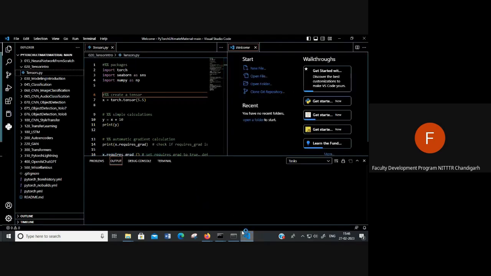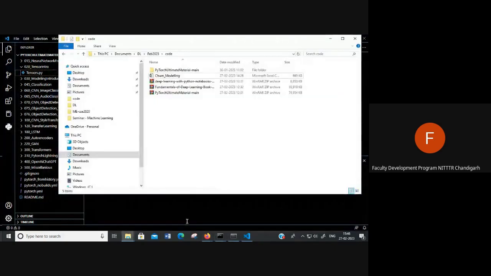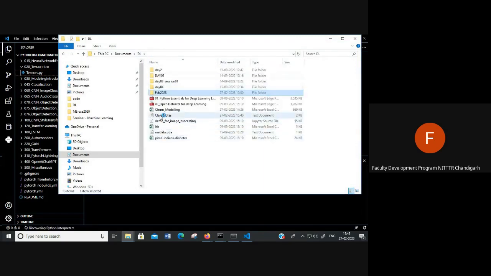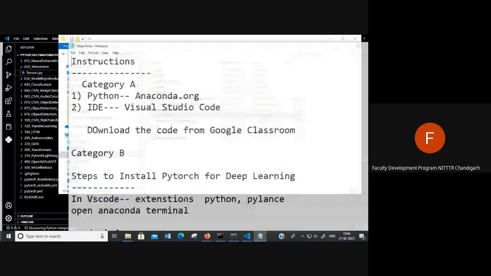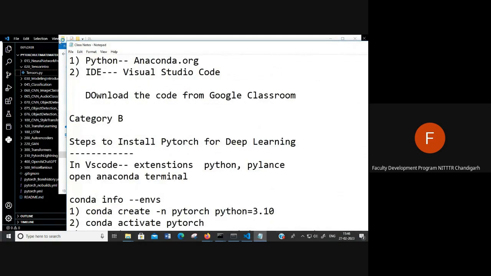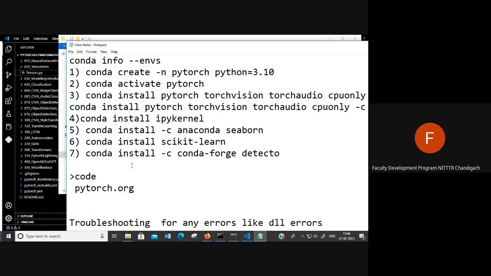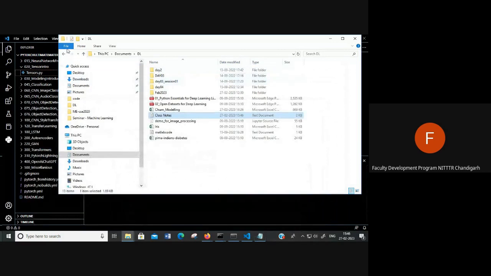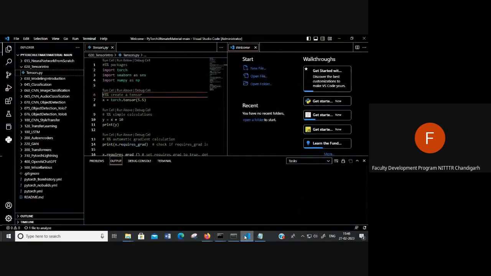So we have covered up to now. Here we can see what we have covered so far. We have installed Anaconda. We have installed Visual Studio Code. We have performed these 7 steps. We have done this code. Now, if there is any troubleshooting, we'll see that. And then we need to install